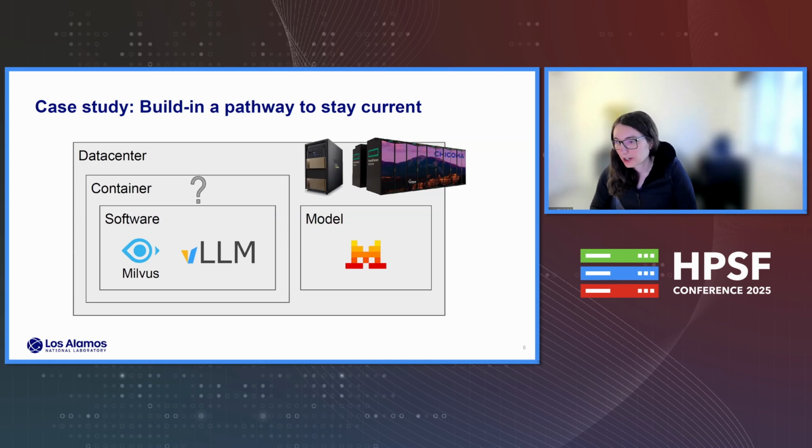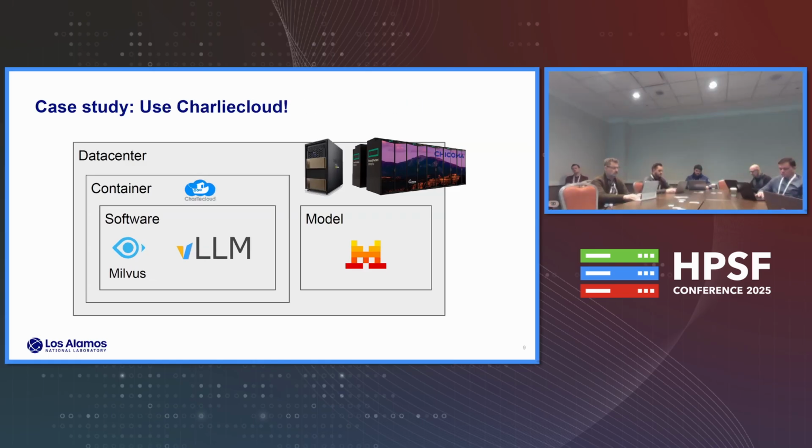There were other parts of our software stack, like this Milvus database, that maybe is one of the leaders, but that's up for debate. And having it split out this way means that should some tool come along that supersedes vLLM or Milvus or another tool we use, Llama Index, it would be easy to drop that in. Just build in a path to stay current, versus one of the all-in-one solutions where you're locked into an entire ecosystem. And then finally, our container runtime.